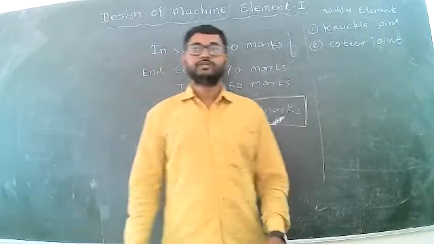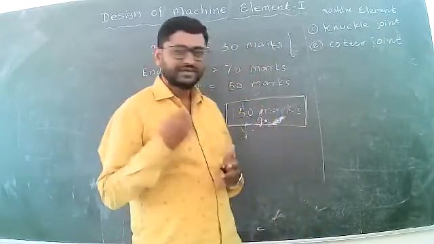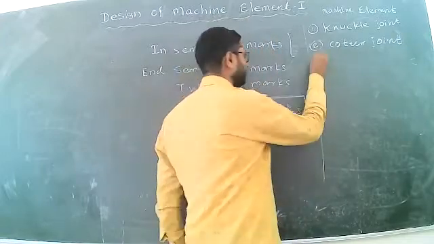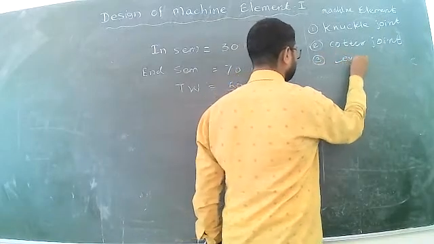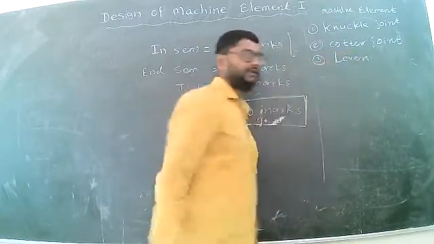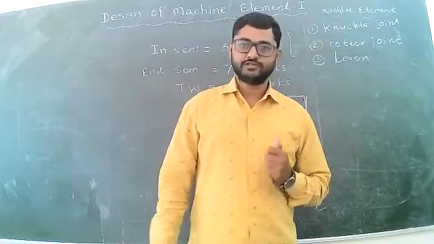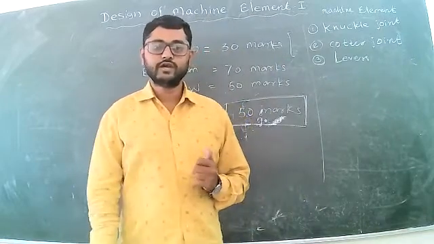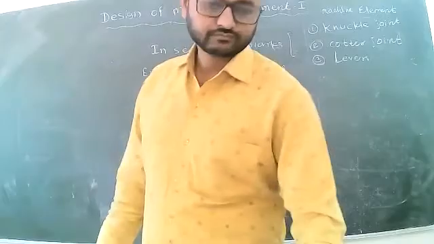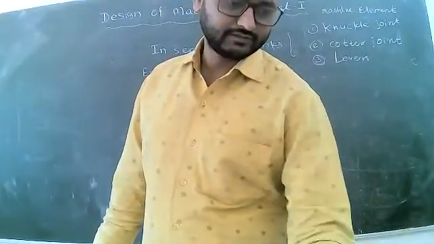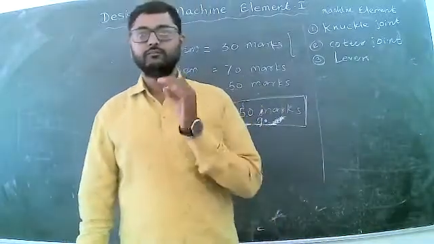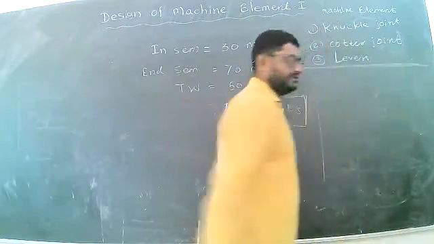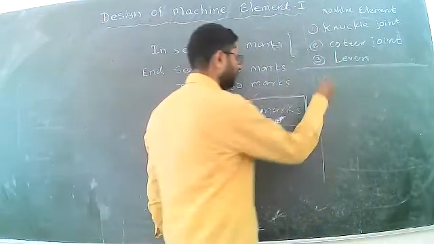These are some machine elements that you have to learn in detail. You have to design cotter joint, knuckle joint, then levers. That is from unit number one. That is design of cotter joint, design of knuckle joint, design of levers, and some other machine elements. The main or the heart of any mechanical design system is shaft.